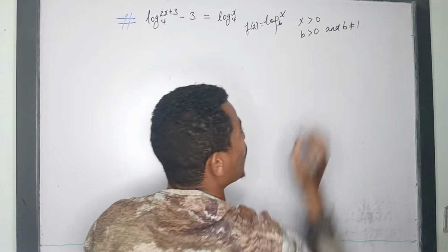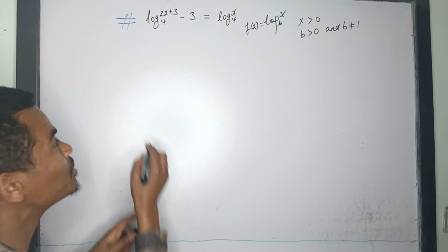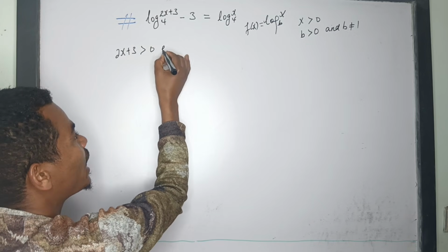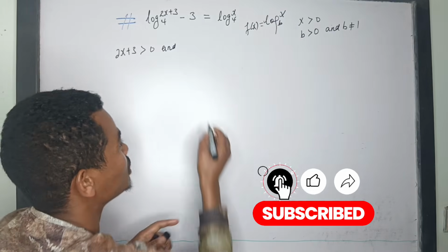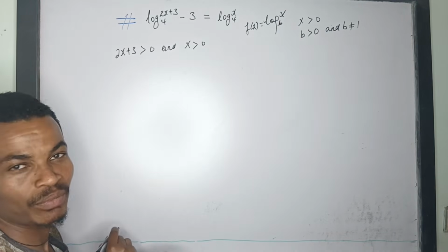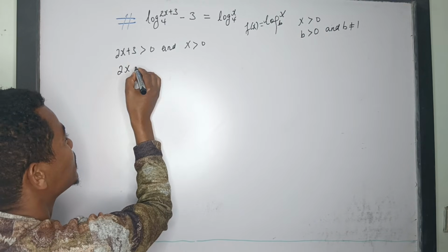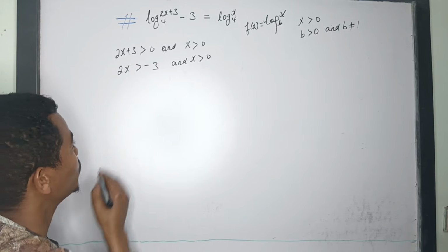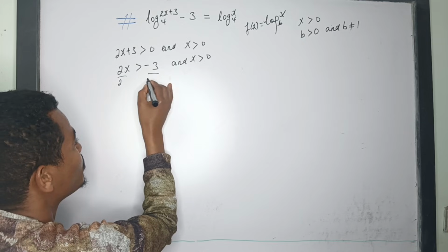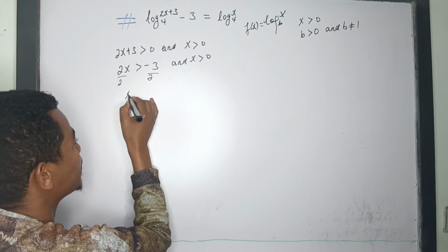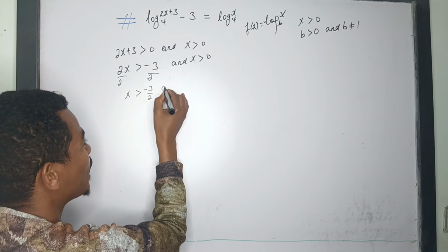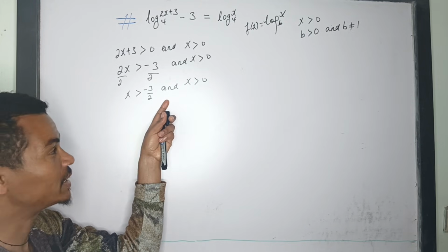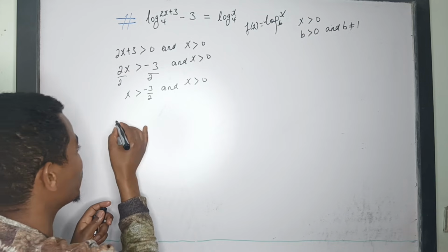must be different from 1 መሆን አለበት ስለዚህ ጋር ምን መሆን አለበት okay 2x plus 3 must be greater than 0 and again x must be greater than 0 ይሆናል and from this one 2x greater than minus 3 and x greater than 0 that is both sides divided by 2 okay that is x greater than minus 3 over 2 and x greater than 0 and ደግሞ ምንድነው የሚያሳየው just shows an intersection okay ስለዚህ on the number line